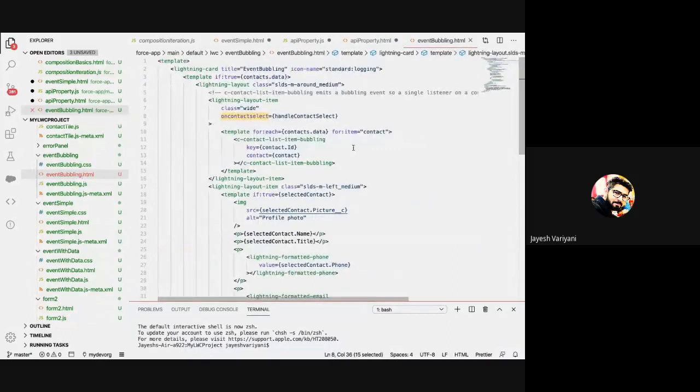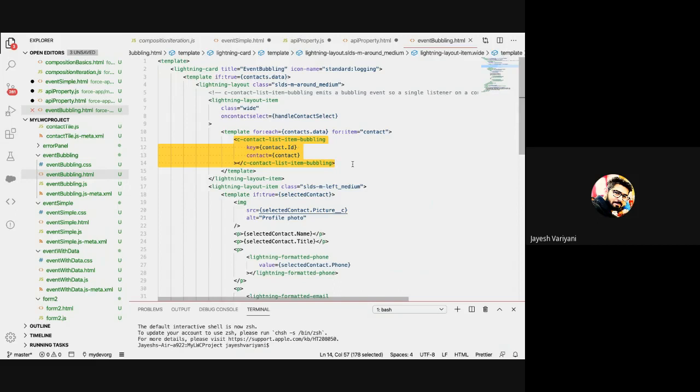Okay, it's a little bit complex, but once the concept is clear, it will be really easy. So this has the context data, and this context data is coming from this. What this is doing is just looping around this. You can see this for each, right? For each on the contact data, I'm passing that contact ID and contact here, and it is displaying the list of all the contacts.